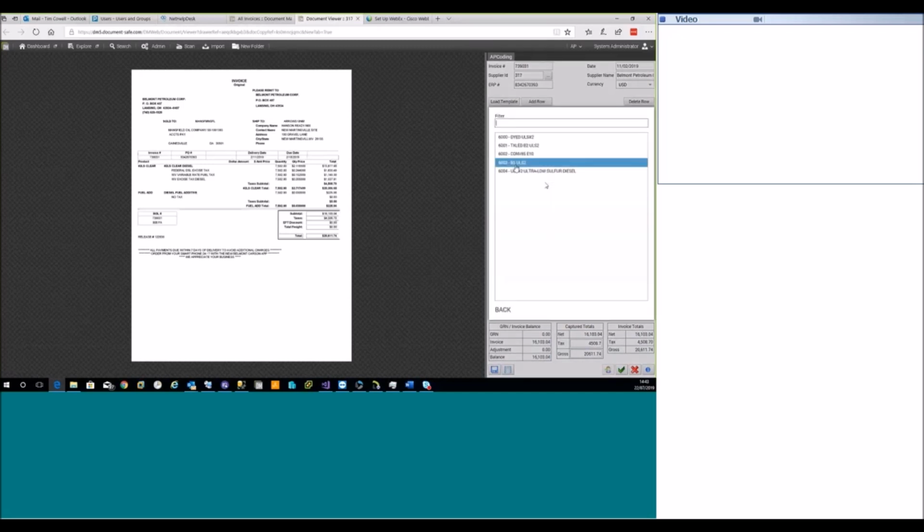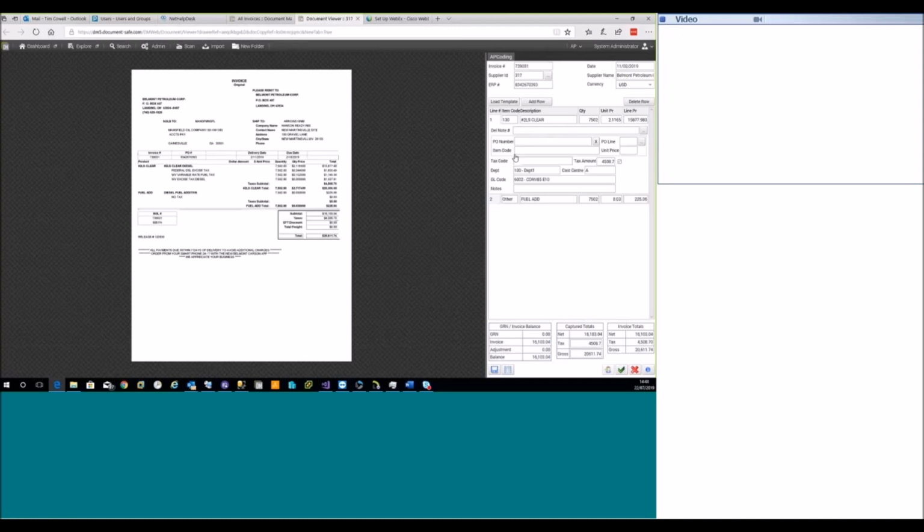So the list of GL codes, again, okay, these aren't GL codes. Well, they are codes, but they're just random bits of text that I've used as descriptions. But you can pick the GL codes, and again, the GL codes are imported from the finance system, and they can be filtered by cost center and department. So you can stop users picking invalid codes for the various things they're trying to pick. So if we've got like a 7-part GL number,